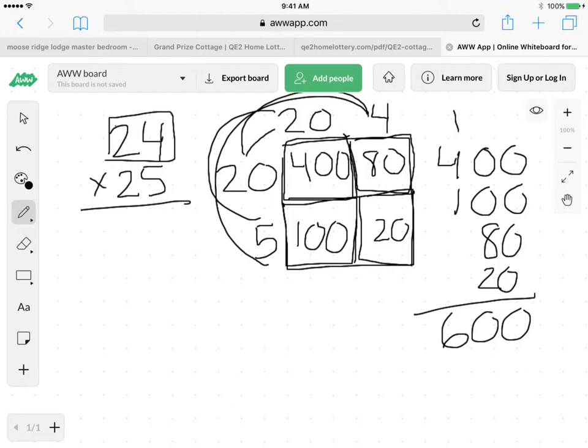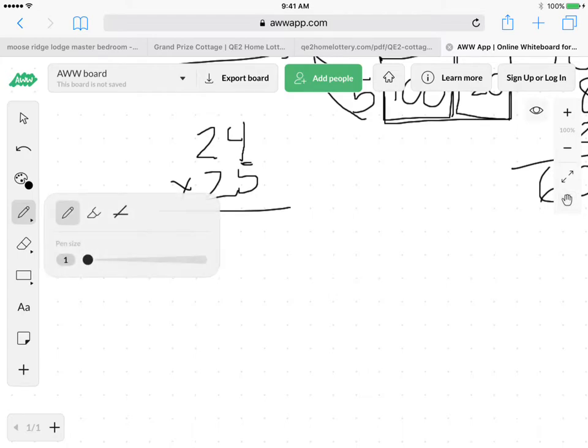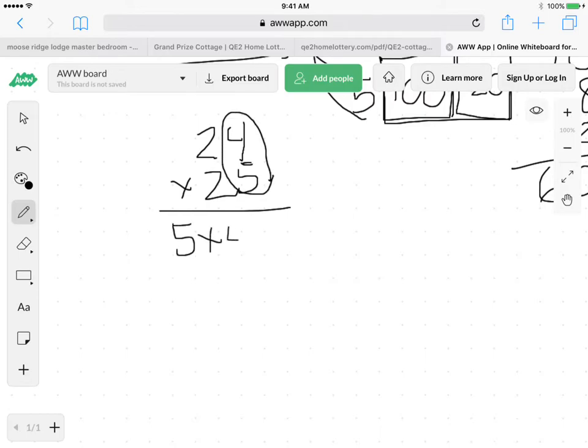Now you can do this also with this method, 24 times 25. And I'm just going to move this up a little bit and over just so we can see. It's the same thing as that box method, but you write out each of those. So I start at 5 times 4, and then I would find the answer. 5 times 4 is 20. Then I go 5 times this 2, but it's not really 5 times 2 because